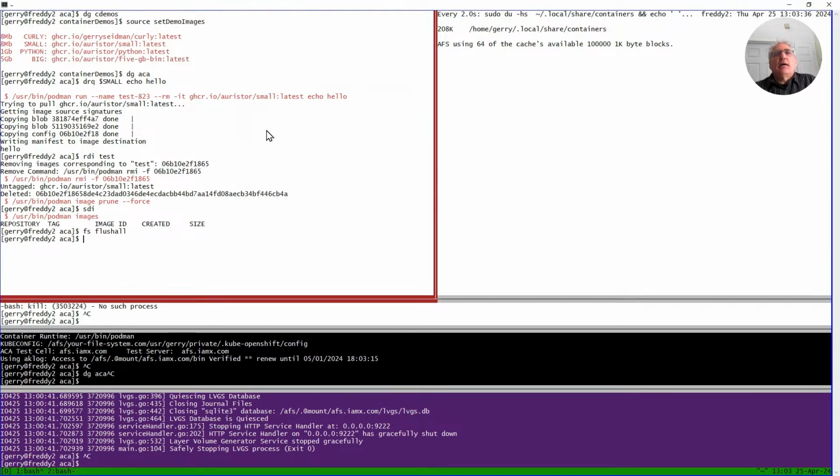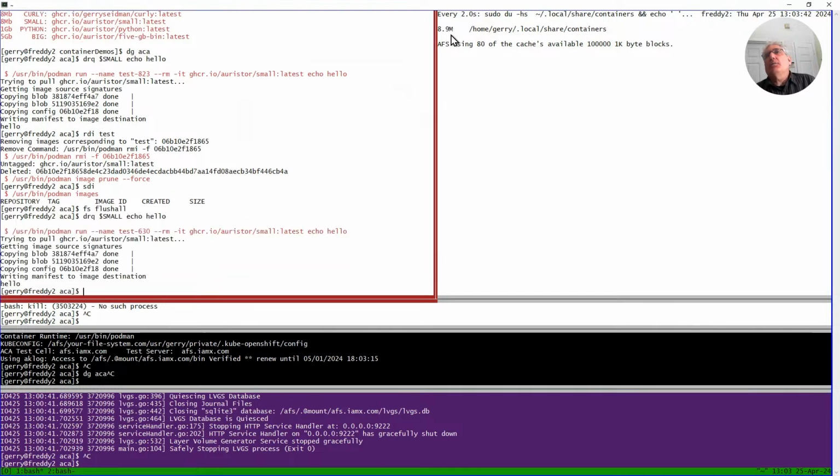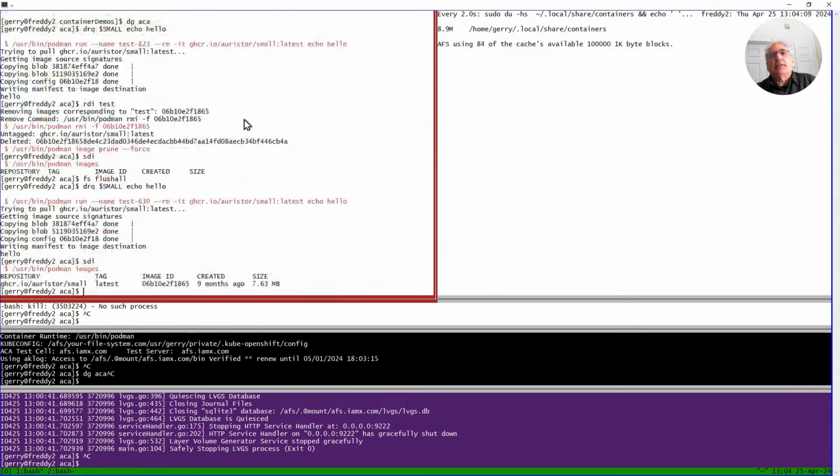I'm going to run that small image, echo hello. And notice what happens over here. This went to 8.9 gigabytes, because when I said podman run, it had to do a pull, and it pulled down that small image. It took 8.9 gigabytes of real local space on my system using standard Podman or Docker. And if I look over here, docker images, there it is. But that's not interesting. Let's do something a little more testing.